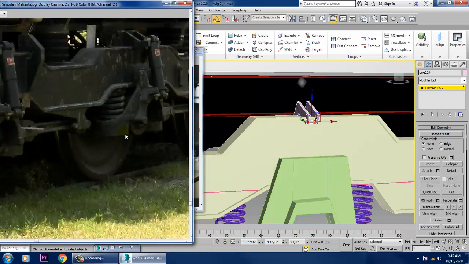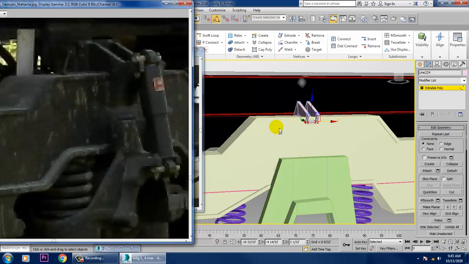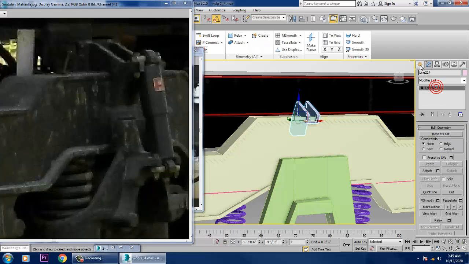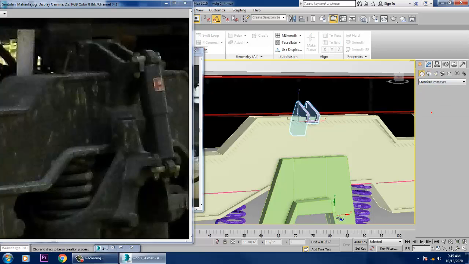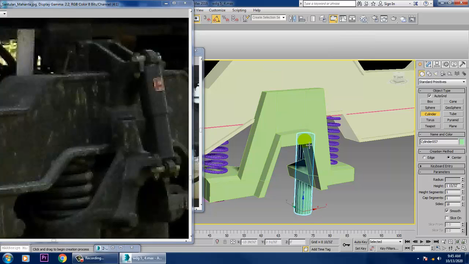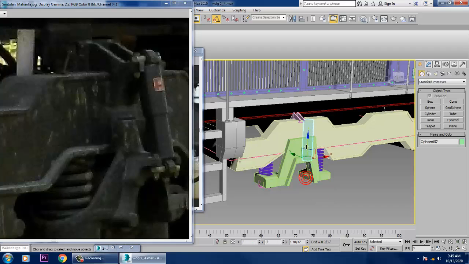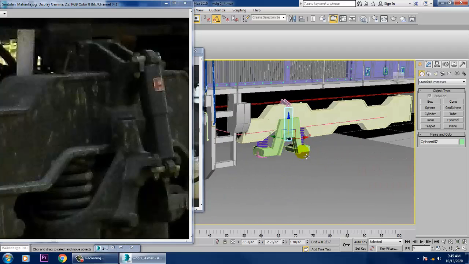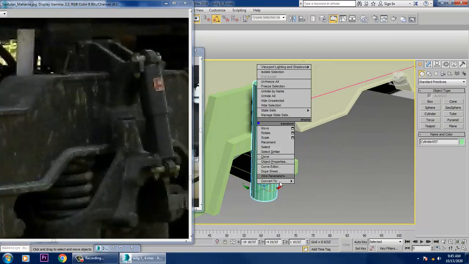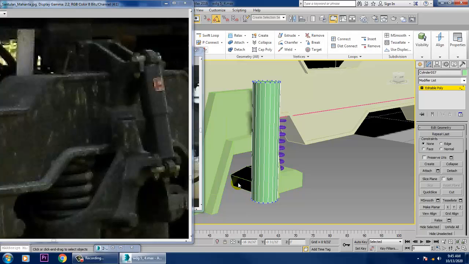And after that, we'll go into this. Take a cylinder. Let's just take a cylinder again over here. Let's just take a cylinder over here. Just push this cylinder over here. So convert to editable poly. So you can just select this, push it up,